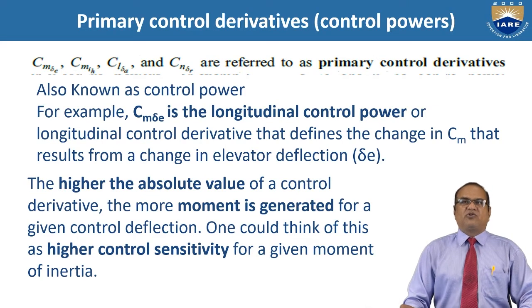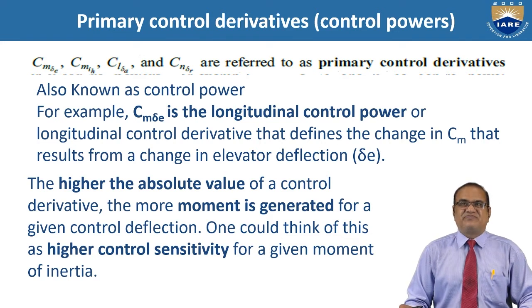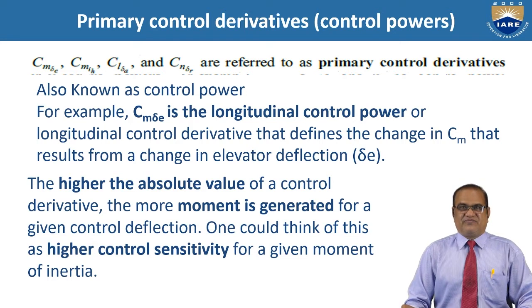Now we have to talk about some other derivatives, and these are the Cm delta E, Cmih, Cl delta A and Cn delta R. They are referred to as the primary control derivatives. So once I talk about the controls,